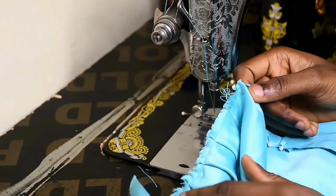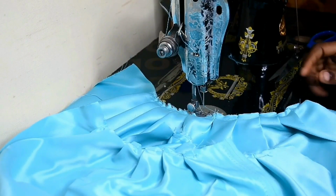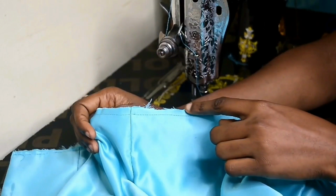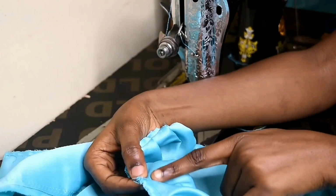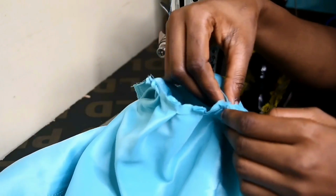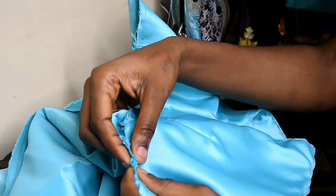And then the next thing I'm going to do now is to sew the other side, like I said earlier. So this is the front, that is the back. The back, you end up with 2 pieces. Now I notch the midpoint of the bodice. I'm going to take the front parts. Now from that, where that kissing pleat is, I'm going to sew it right side stitching from midpoint to side and midpoint to side. But